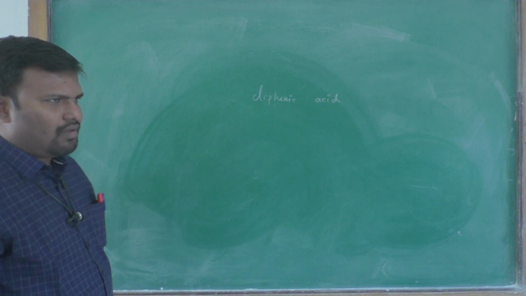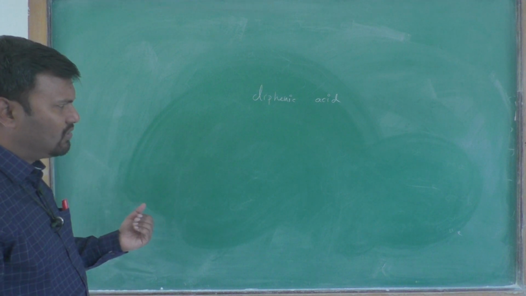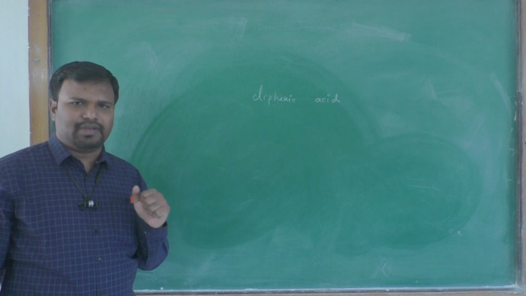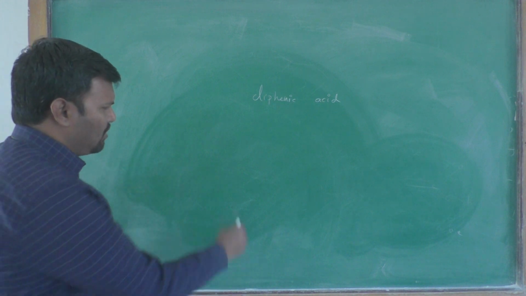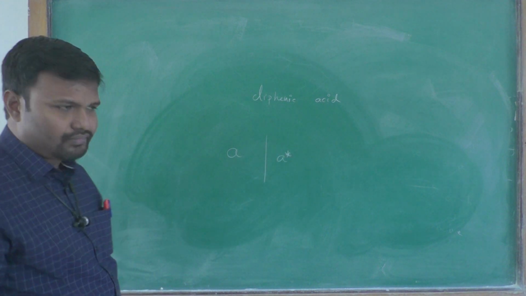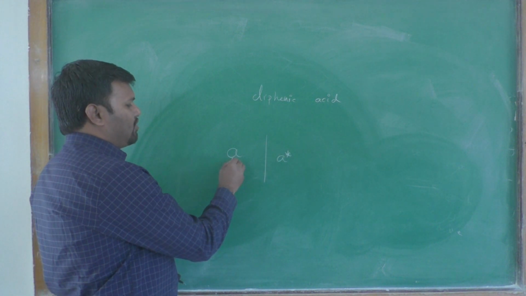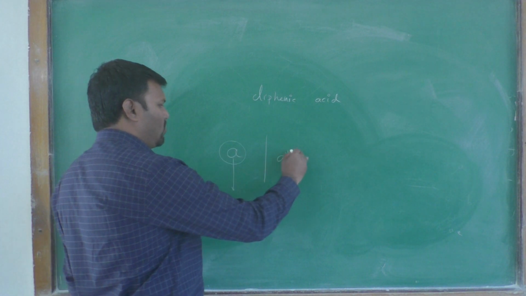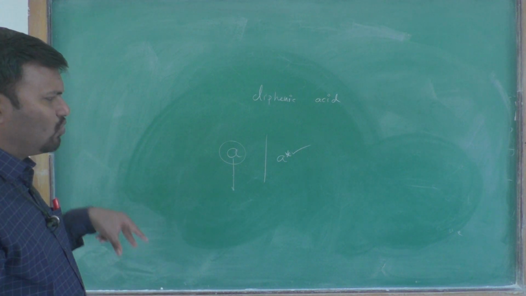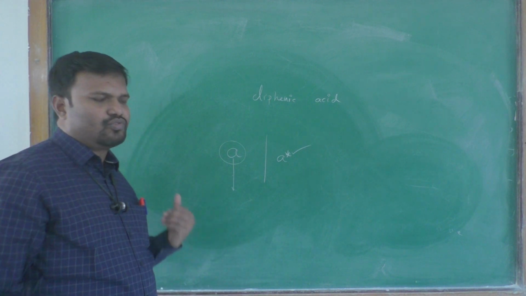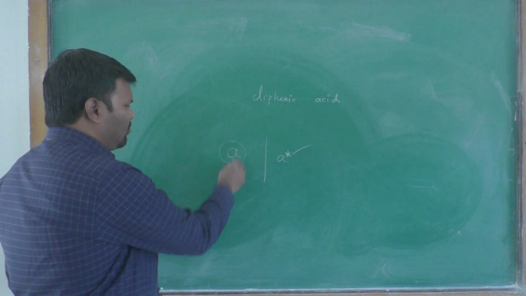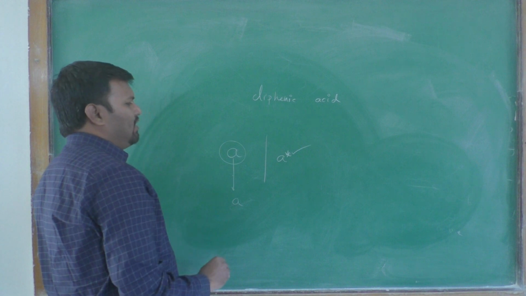This is one of the biphenyl compounds, and resolving its enantiomers is difficult. To resolve enantiomers means what? Suppose A and A star are enantiomers of each other, and we try to remove A, not A star. These two compounds are non-superimposable mirror images, and it is possible to remove one when